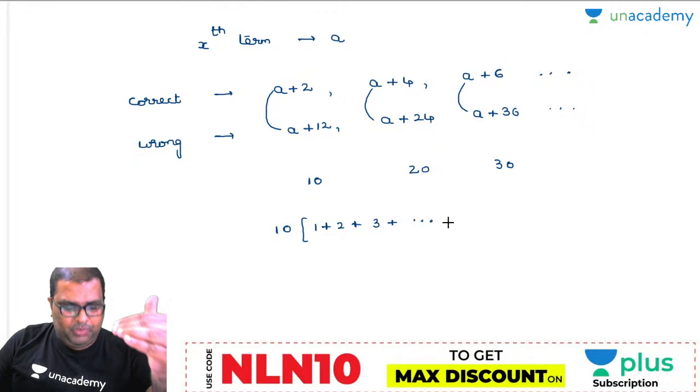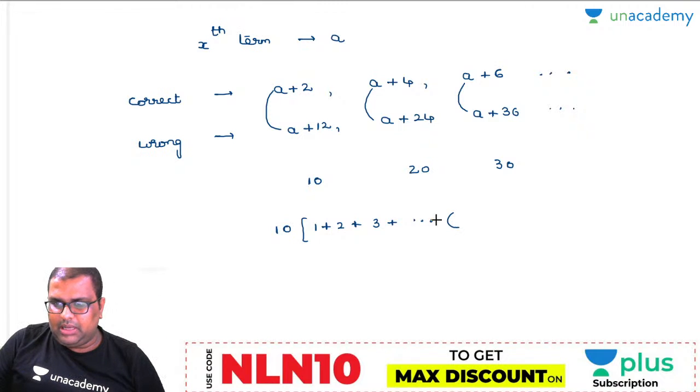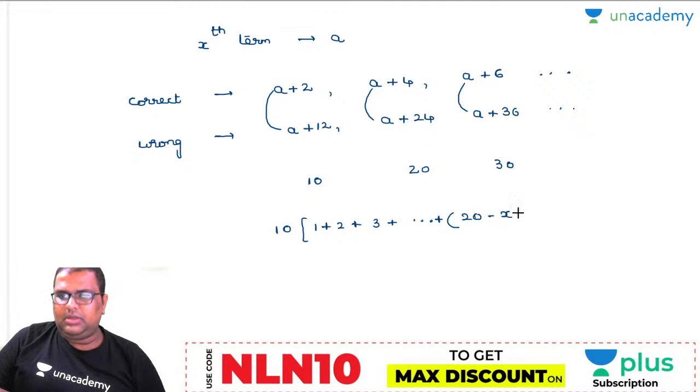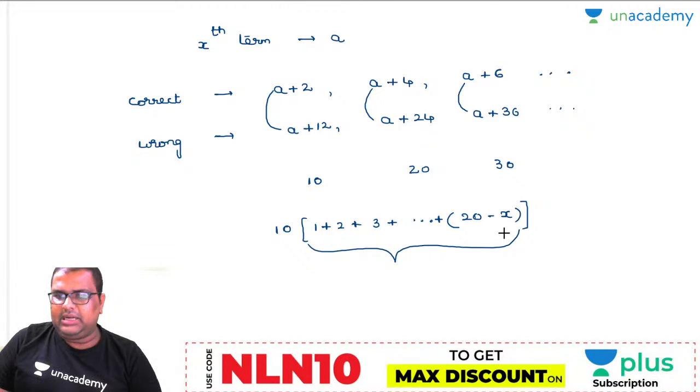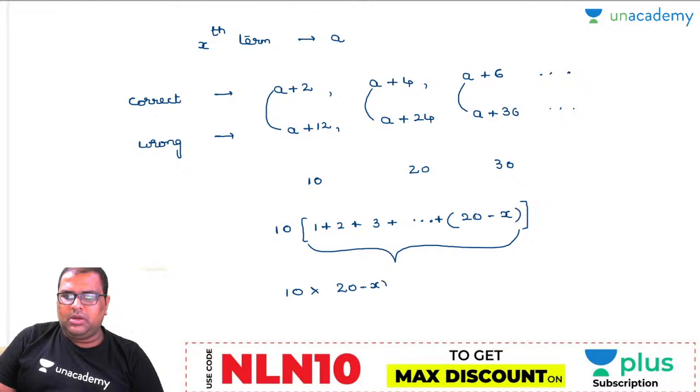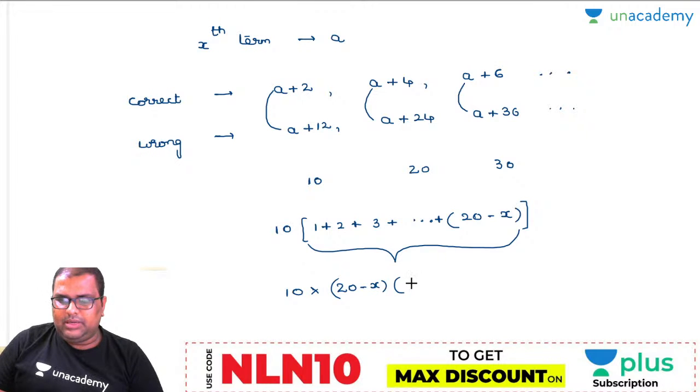You have written up to x terms correctly. Now this will be how much? 20 minus x. Will you accept this? Please let me know, yes or no. Yes, perfectly. Now closely observe, this is in the format of the sum of n natural numbers. Am I right? Yes. So 10 into, what is your n there? 20 minus x. What is your n minus 1? Is it 21 minus x, divided by